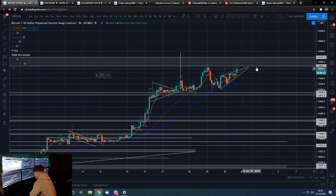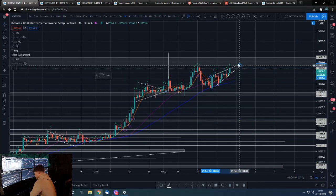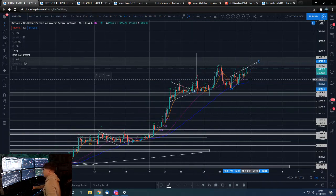way back down. What I will do is adjust this rising wedge a bit now that we've got a bit more price action data. Probably just move it a bit like that. Starting to look a little bit more like a wedge. Obviously we can still break up to the upside in this. There's nothing to say that we can't do that, but